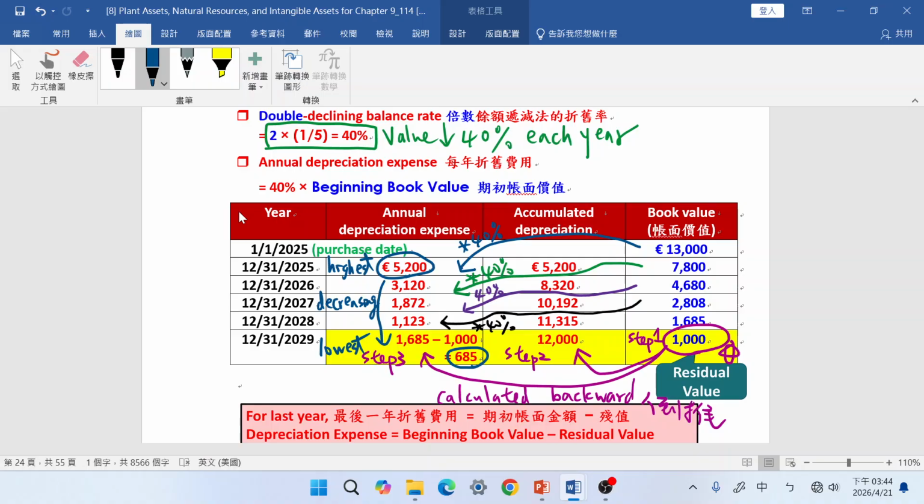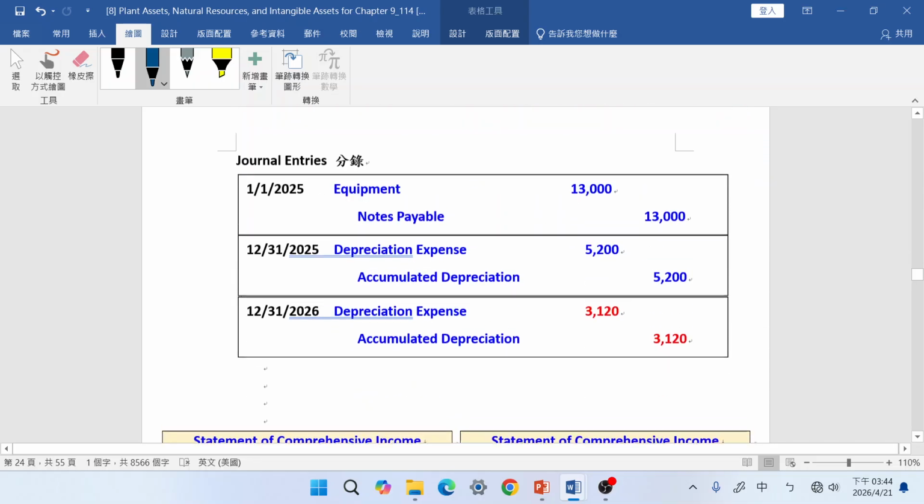Okay, any questions for the tables? Then use the table to write down your